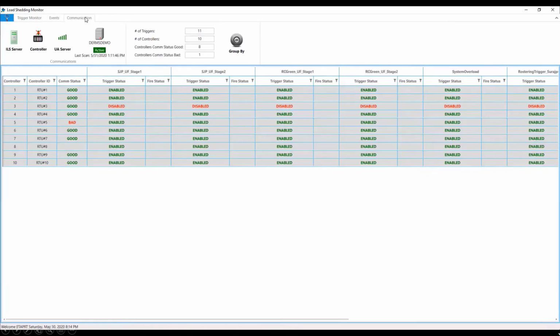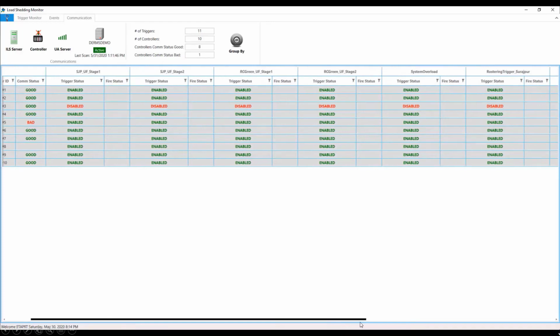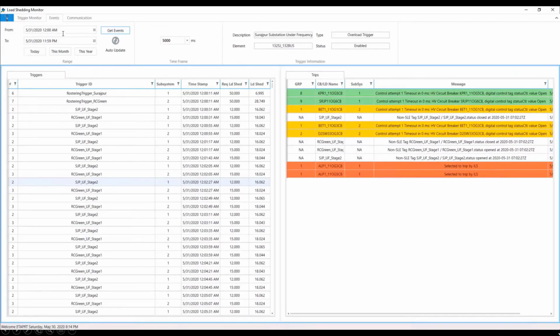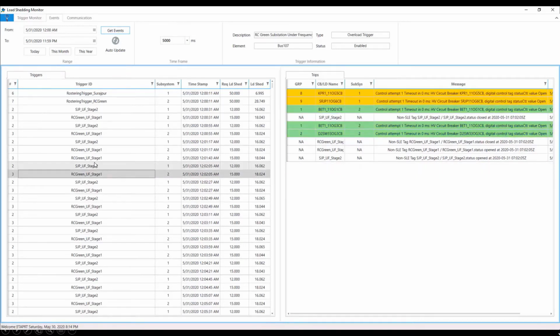The communication view also displays the state of the communication for each one of the RTU controllers and their participation in each one of the contingency events they are protecting, allowing the operator to monitor all assets related to the load shed system in a summary view. Finally, the event section allows the operator and engineer to visualize past contingency events that were processed by the controller. In this view, operators can visualize any past event and all the loads that were selected to trip, the commands that were sent to trip, and any other equipment that tripped during this time frame. This tool is great to do post-event analysis, as there may be unscheduled events that require operators' attention.